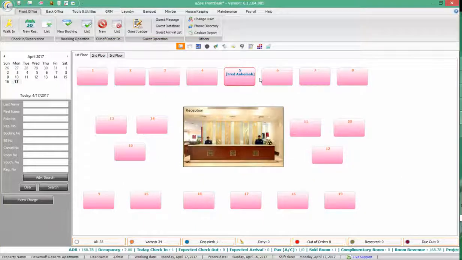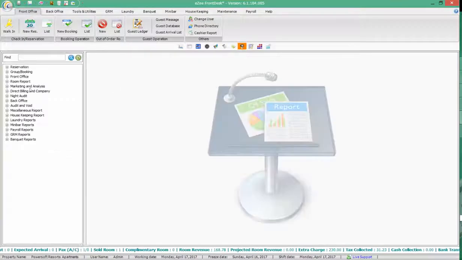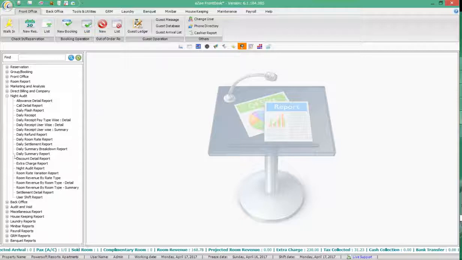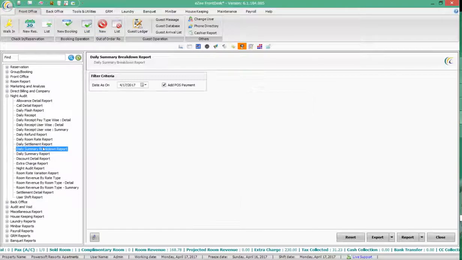So we've looked at a few transactions from checking in, posting extra charges, guests making advance payment, and also going to an outlet to consume food and beverage. Let's take a look at a few reports that will be beneficial to a manager and then to an accountant also. So at the report view, we can check some key reports like the daily summary breakdown report for the day. We can actually do a print preview,